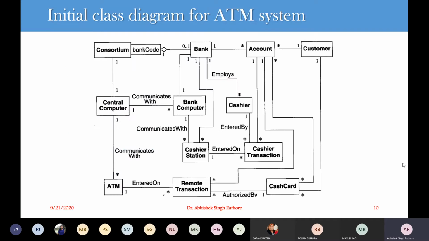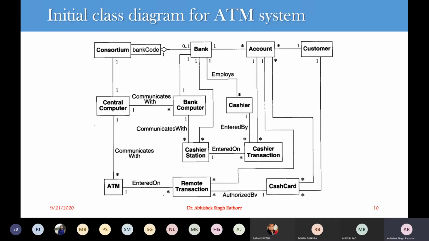So let's move to our initial class diagram of your particular class. This is my initial class diagram. Considering this class diagram, it shows the remaining associations that are available. We included only the significant associations with the name. And we can split our transaction. These are the transactions that are available. This transaction has been split into a remote transaction and a cashier transaction.